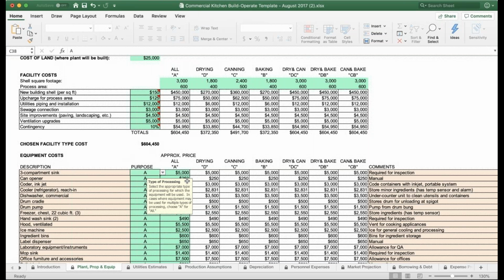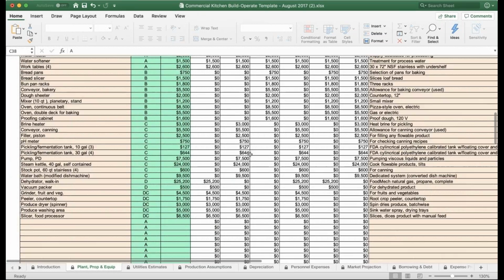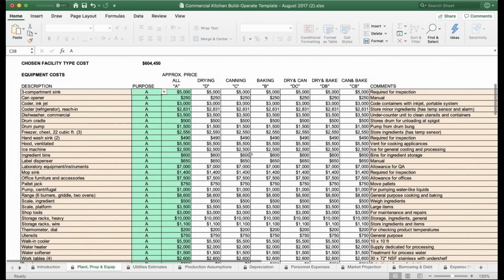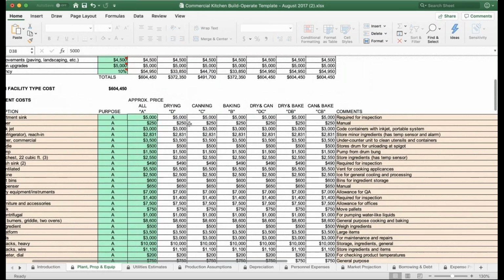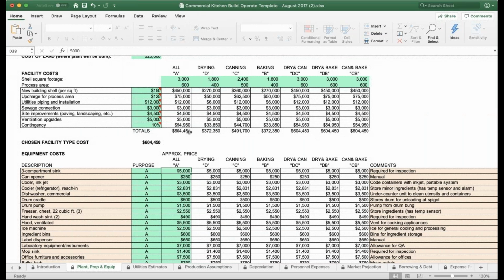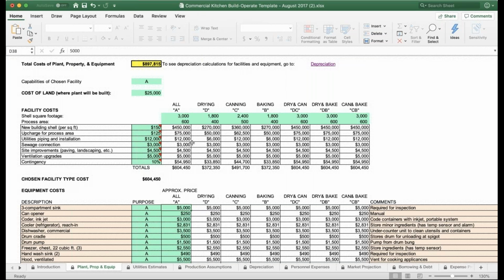As you go through here, you'll see that there's a different code assigned to each one of these, and throughout all of this, it creates a value total at the bottom dedicated to each processing purpose. With all that summed up, you can see the totals here at the top dedicated to each one. From this, it creates a total for the chosen type of facility cost. So you get an overall cost of what the facility would cost to be built and maintained based upon these numbers. And these are totally